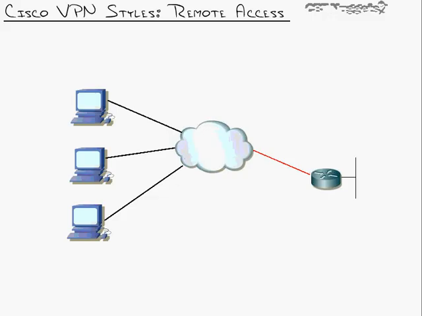A remote access client is usually, not always, but usually installed on a PC. You'll, for instance, go to the Cisco website and download the Cisco VPN client, or Microsoft has a VPN client built in. You'll type all the information into that VPN client that's needed to authenticate or work for this central site. It's username and password, or there's many different ways that